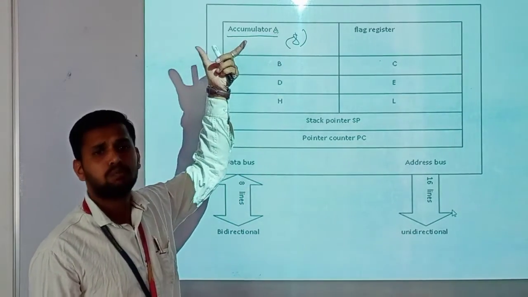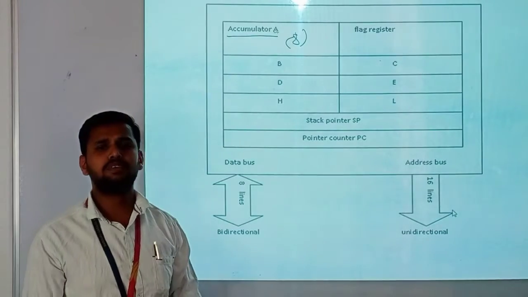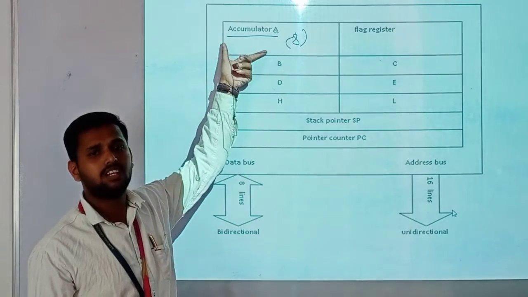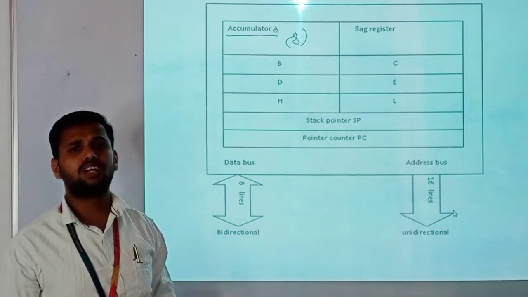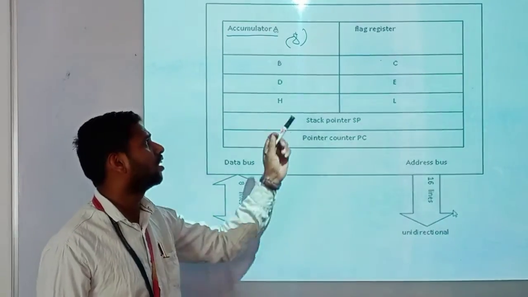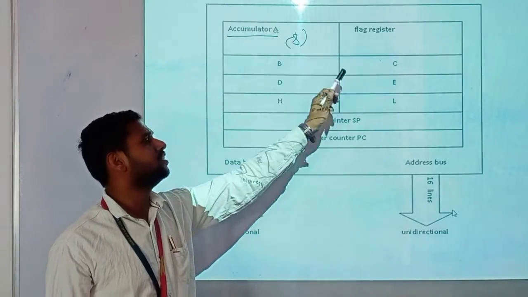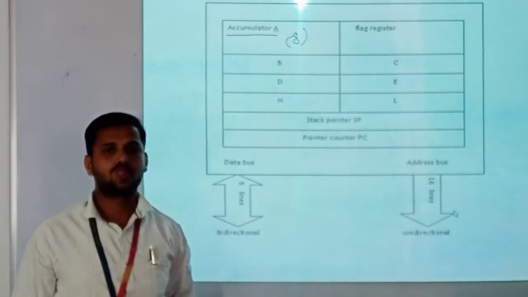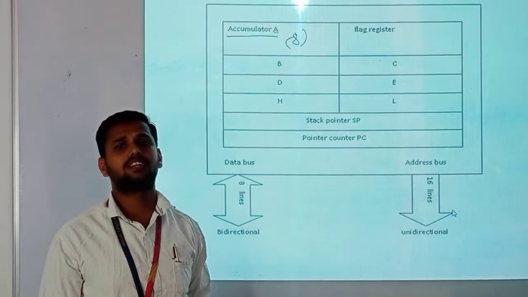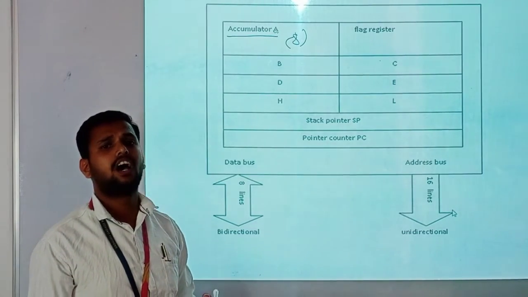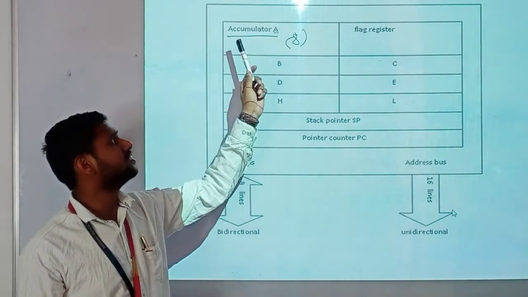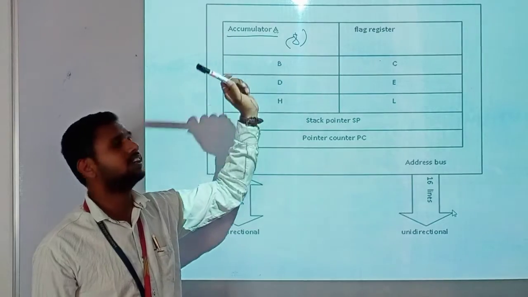The first operand is stored in the accumulator. It means all CPU or ALU operations are based on the accumulator. The accumulator gives the first operand, and the second operand can be stored at a different memory location or in different registers such as B, C, D, E, H and L. When we perform arithmetic or logical operations, the result is created and stored in the accumulator, because these operations are based on the accumulator.